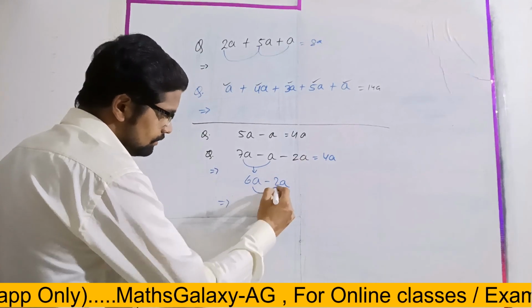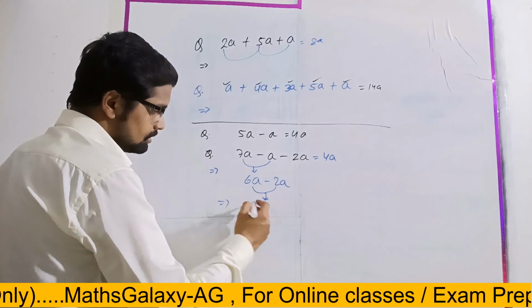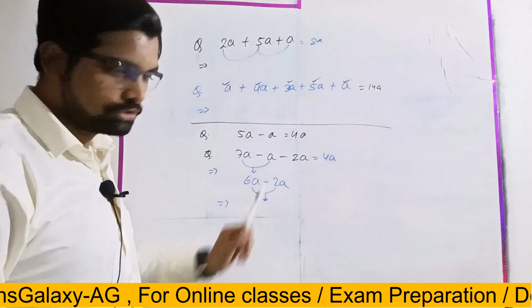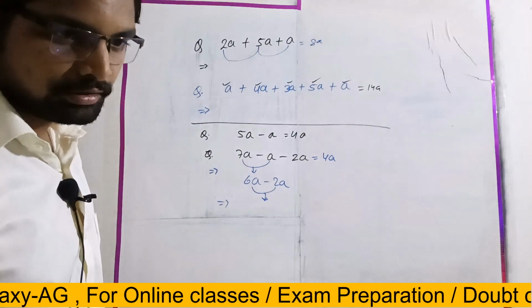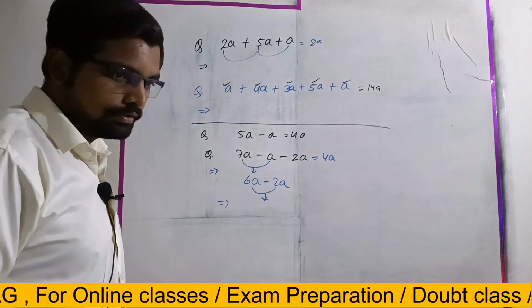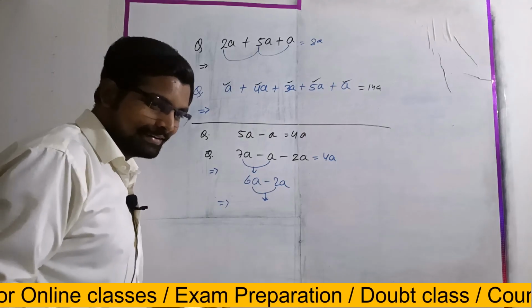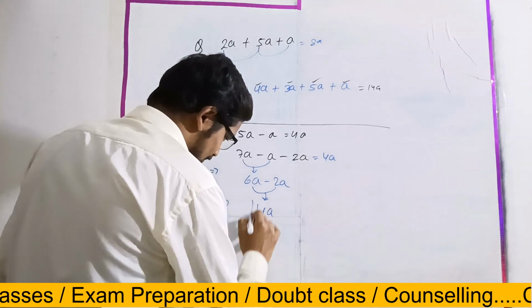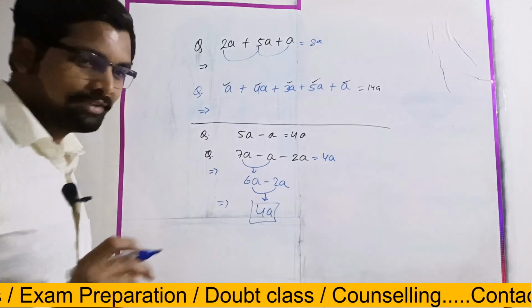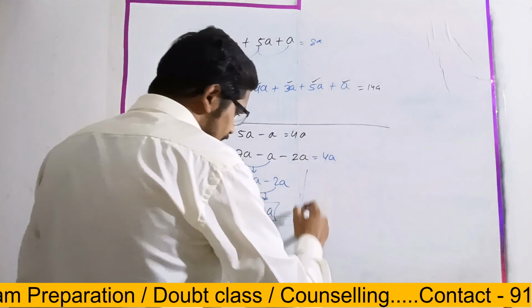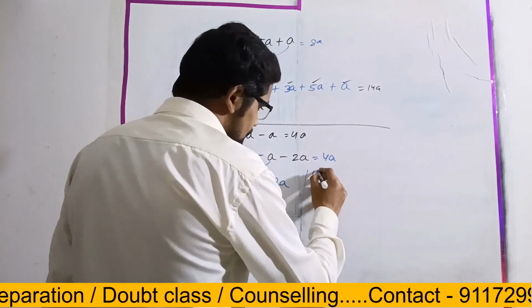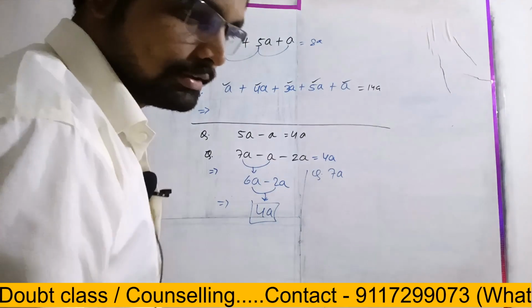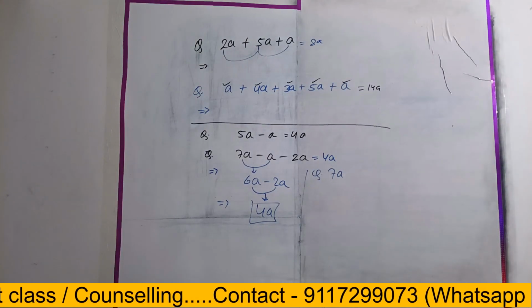In the next step, 6a minus 2a, it will be 6 minus 2, so it will be 4a. Good, very good. This is the first way, and the second way is...